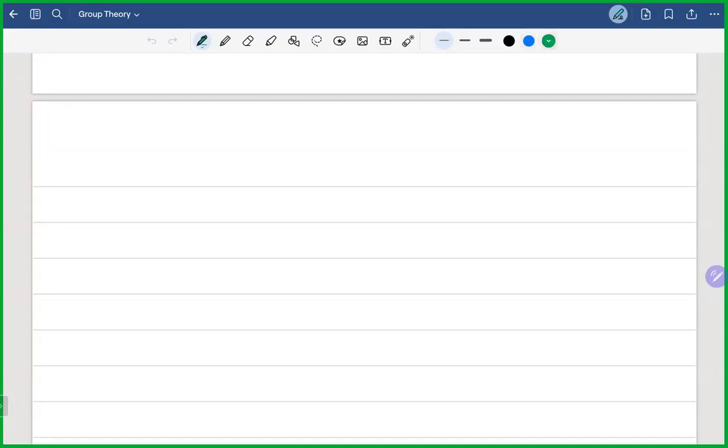So let's write the topic, which is automorphisms. What are automorphisms? Automorphisms are the isomorphisms from the same object to the same object, or you can say from the same group to itself, from a group to itself. Okay, so the definition would be